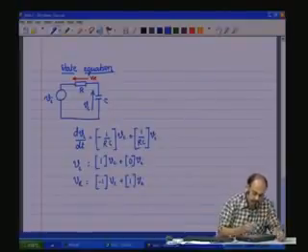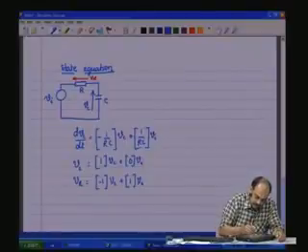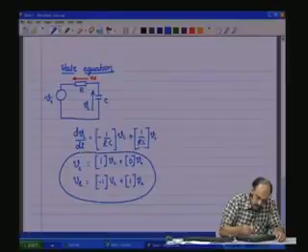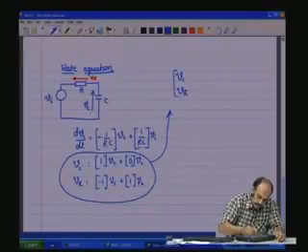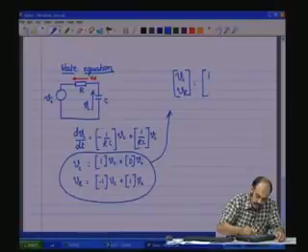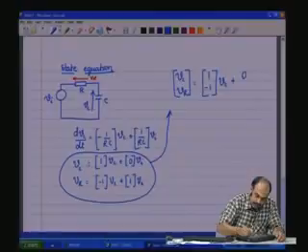I could as well put the output equation, let us put it as VC, VR equals 1, minus 1 VC plus 0, 1